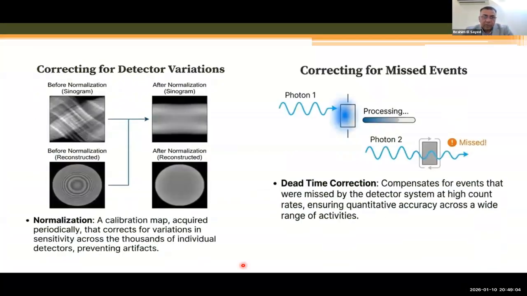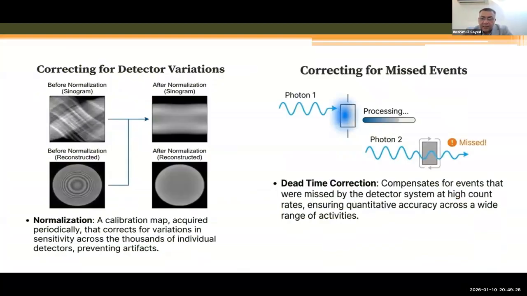So, correction for the detector normalization. We use a germanium-68 source. It's like cobalt-57 in a gamma camera. It will create a calibration map that corrects for variations in sensitivity across thousands of individual detectors, preventing the ring